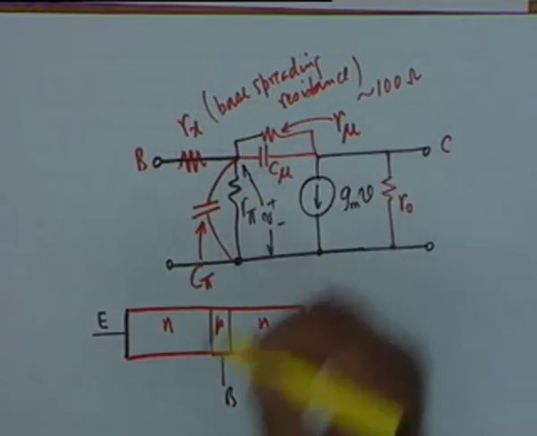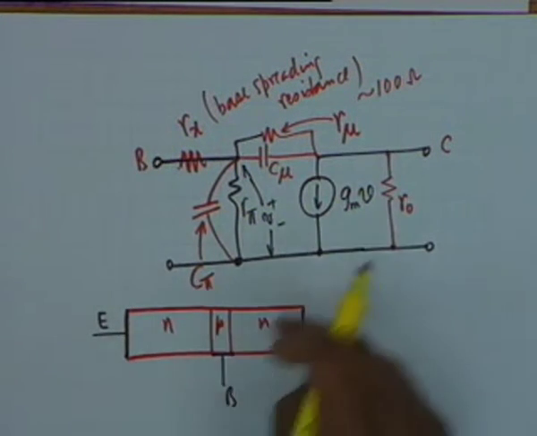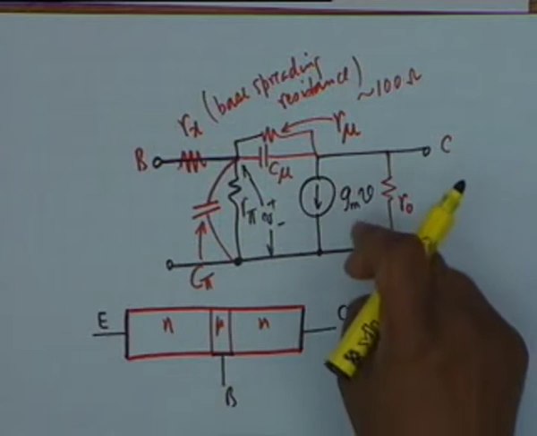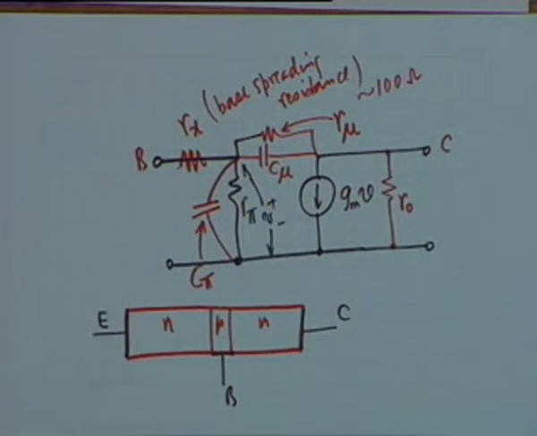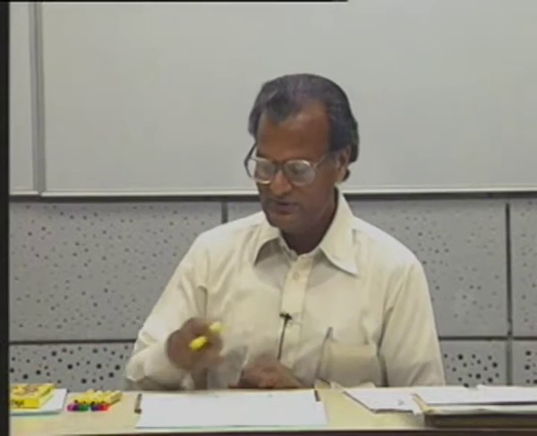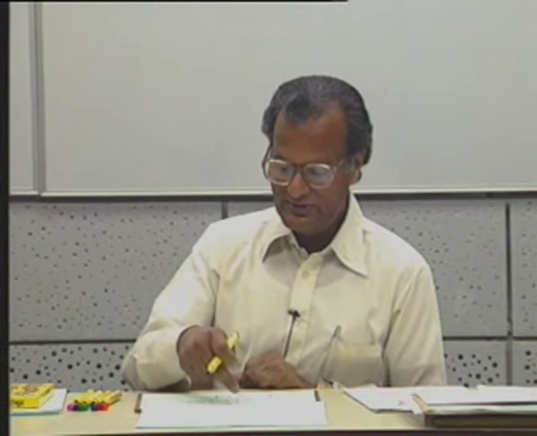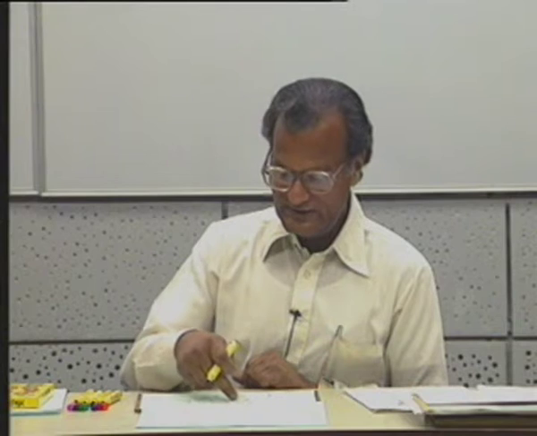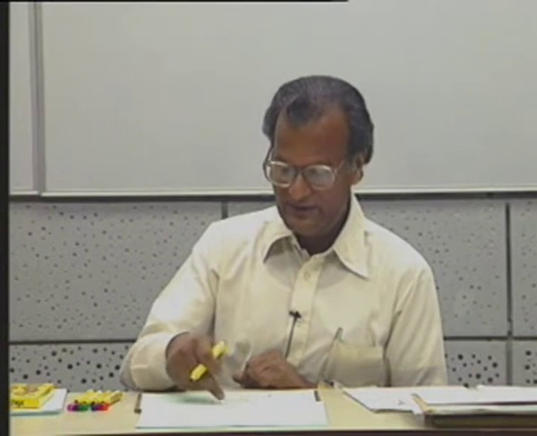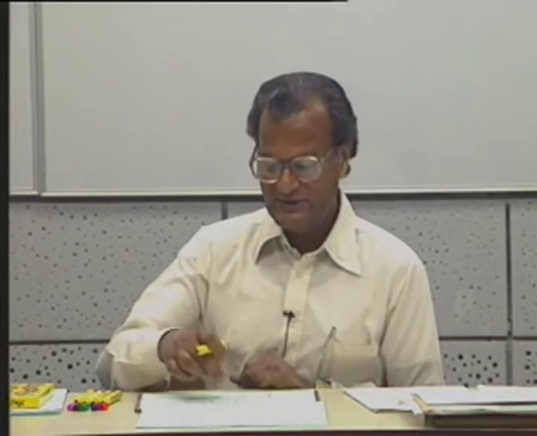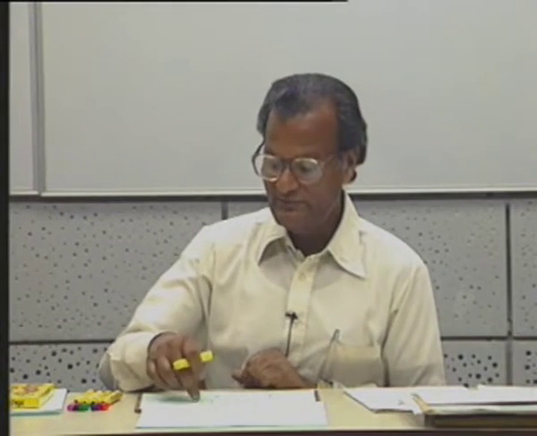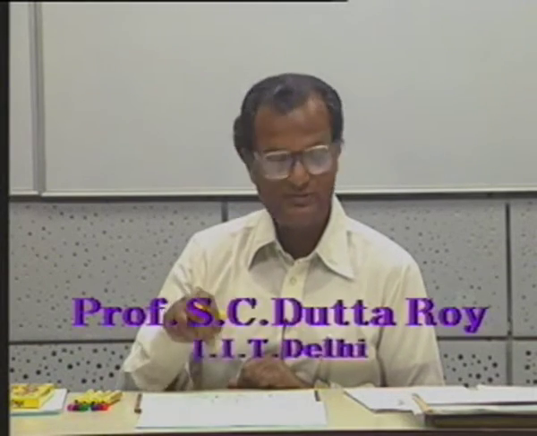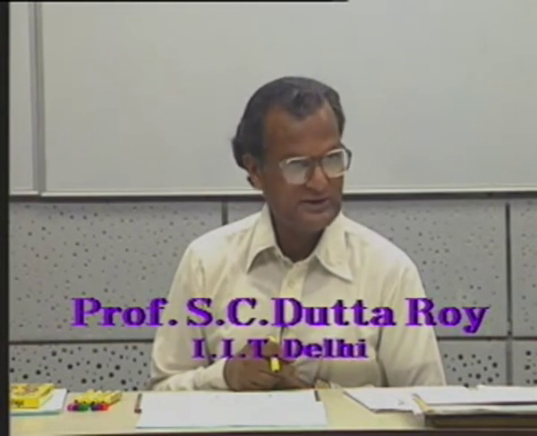V is the voltage across R pi. Yes. This is why we prefer this model, not only because gm is very easily calculated as 40 times IC, but also because it does not take account of the current division. You see, the IB comes here, it divides into 1 part, 2 part, 3 and 4 parts. We don't take care of the current, we take care of the voltage. And gm V, this is the most accepted, the most general model of a common emitter transistor.